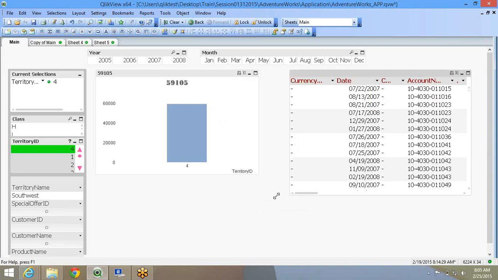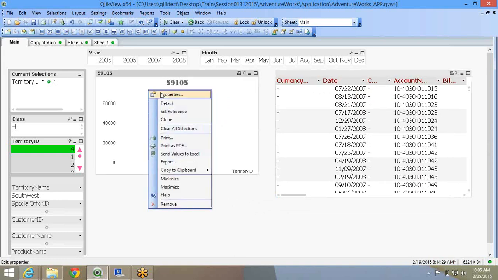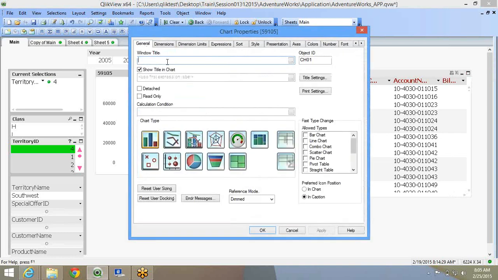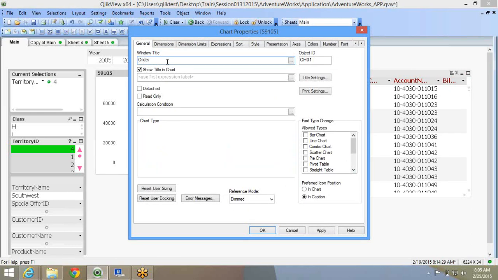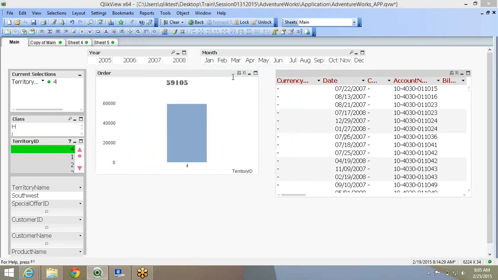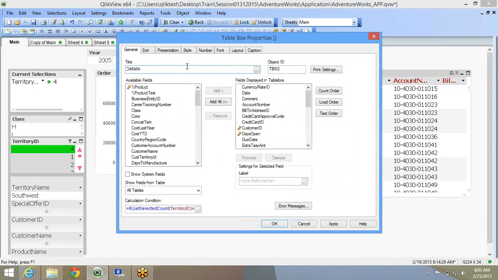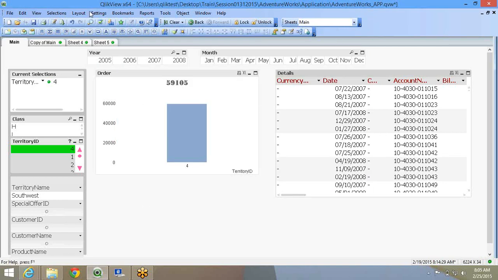Suppose you have this chart, okay? We'll come back to this. I'll name this as detail.